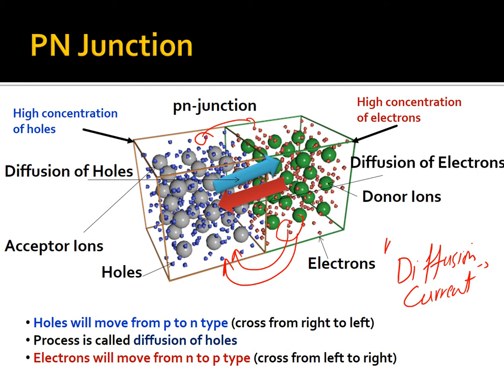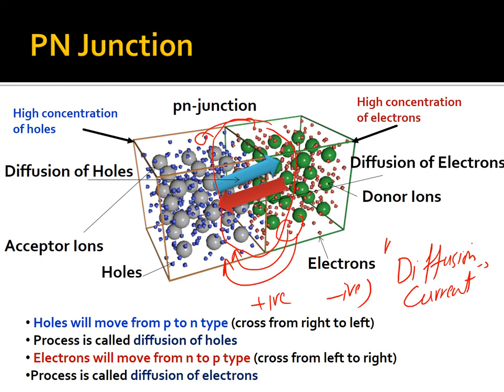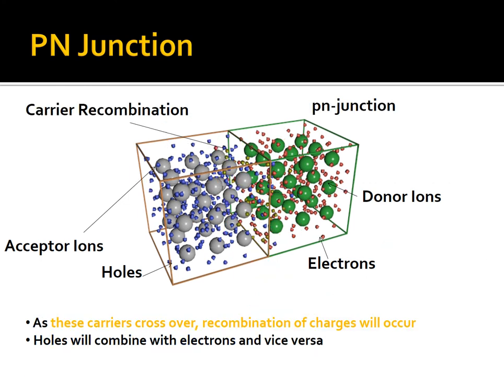From this side the holes are coming, from this side electrons are coming. One is a positive charge and one is a negative charge. We are getting a high concentration of the electrons around this region. In this region, these like golden particles, you can see that, we get one positive hole and one negative electron. They will be recombined, positive and negative charges. When they are recombined, we will get the neutral condition.